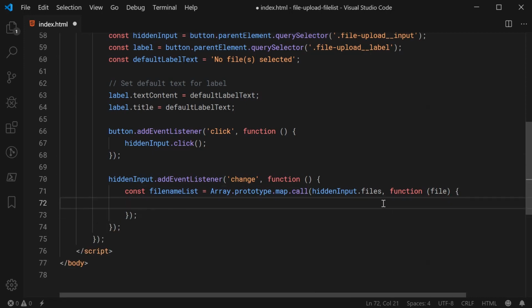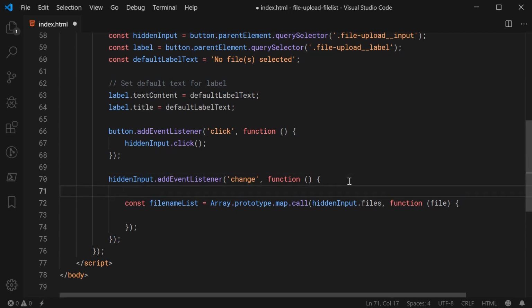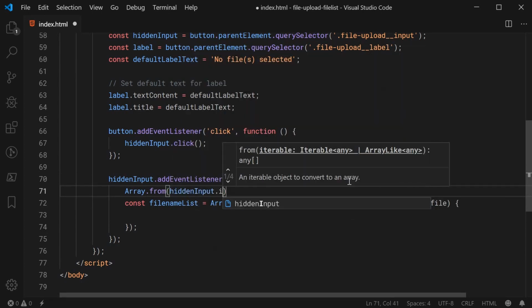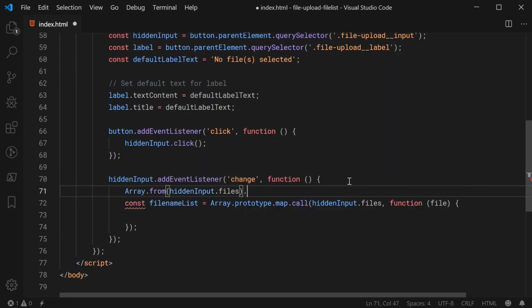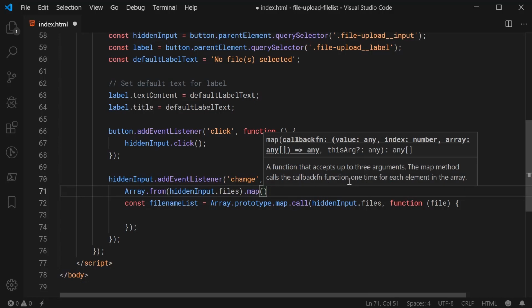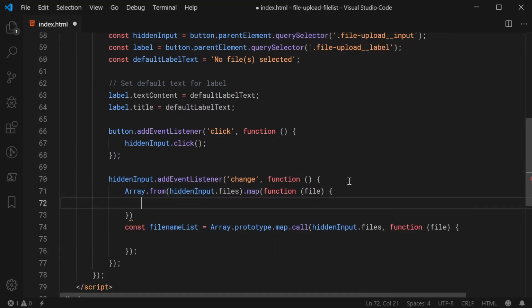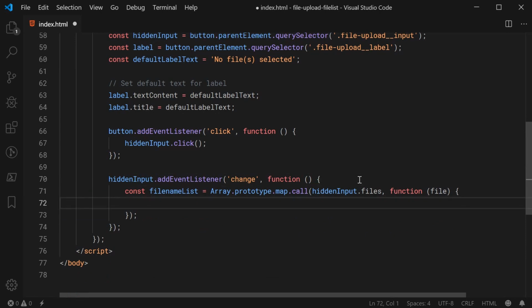Once again, if you don't want Internet Explorer support, you can simply say Array.from and pass in hiddenInput.files, and then you can say .map just like this and do the exact same thing just like that. But for now, let's go back to the Internet Explorer supported method, this one right here,